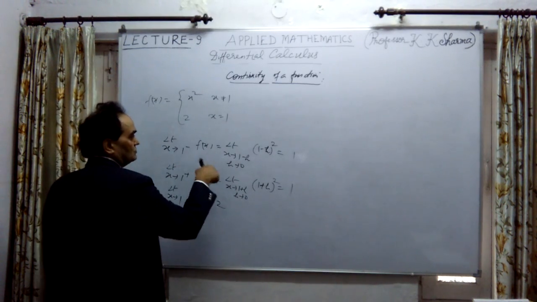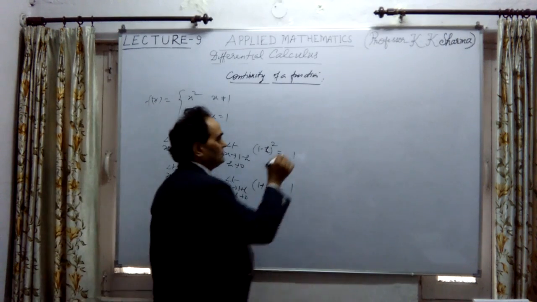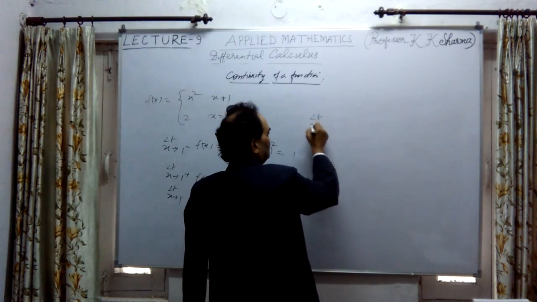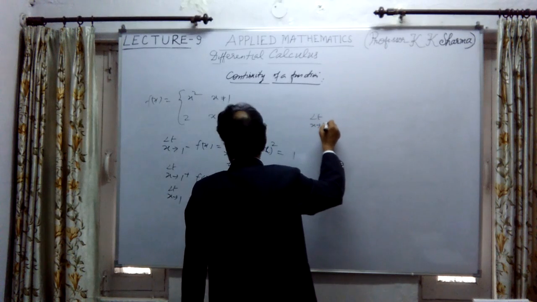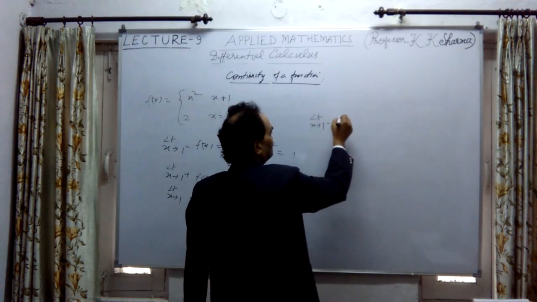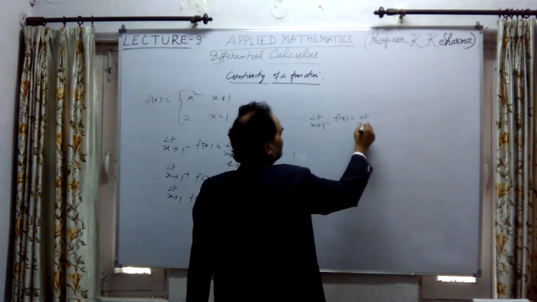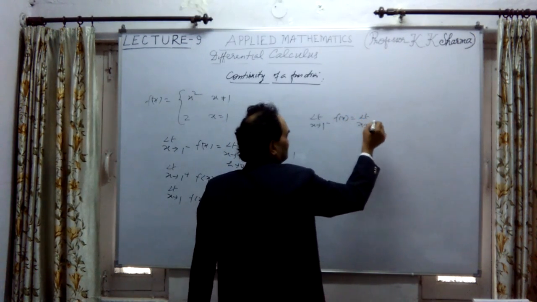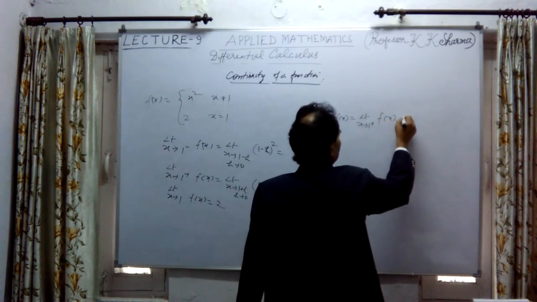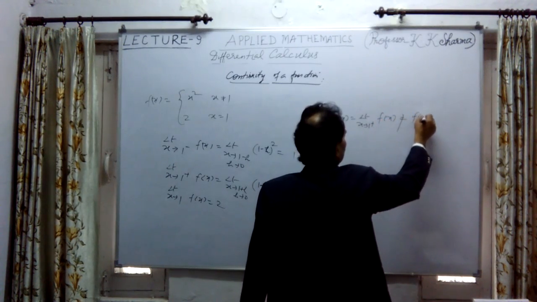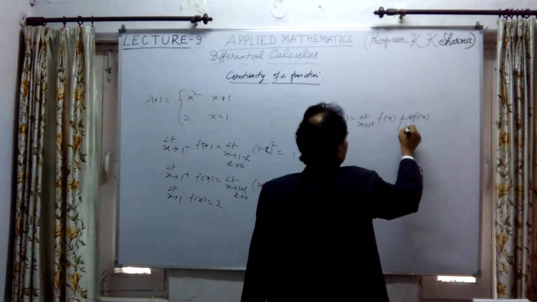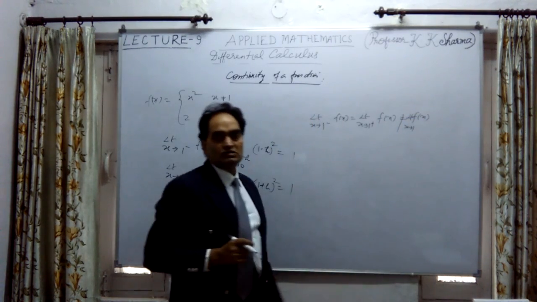So all three are not equal. So we say that the left limit as x tends to 1 of f(x) is equal to the right limit as x tends to 1 plus of f(x), but is not equal to f(1). So in this case, the function is